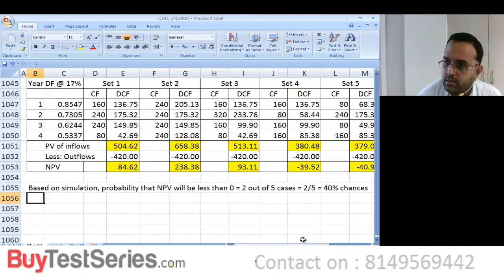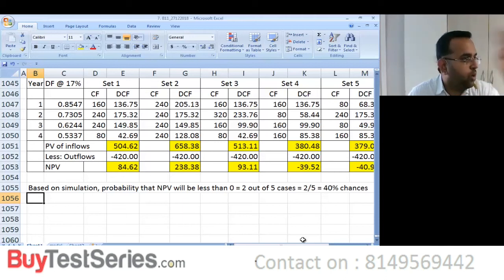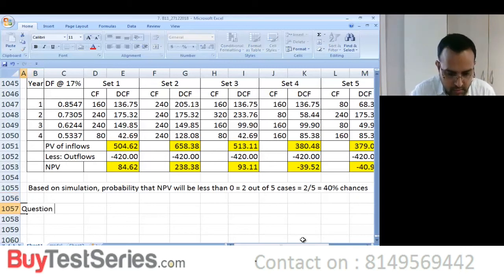This completes the question, right? So we'll move on to the next question, question 22. The question 22, and I'll take you halfway through. Second simulation, I'll take you halfway through. We'll construct the random number table, and then we'll see what are all the values, and then I'll leave it there. The NPV calculation is for you, right? Please read the next question.